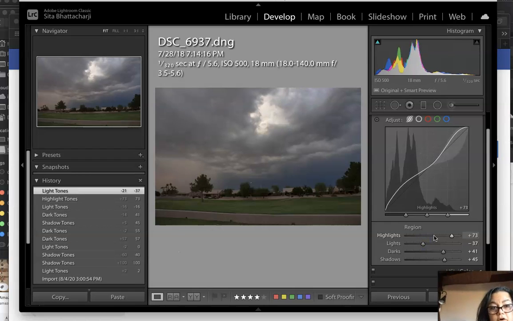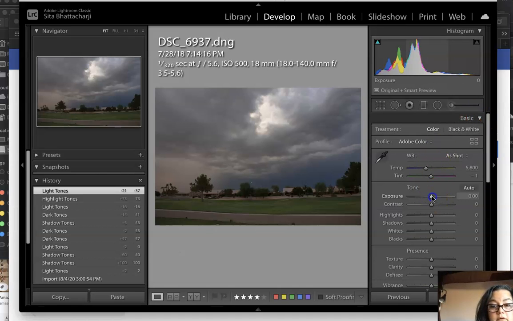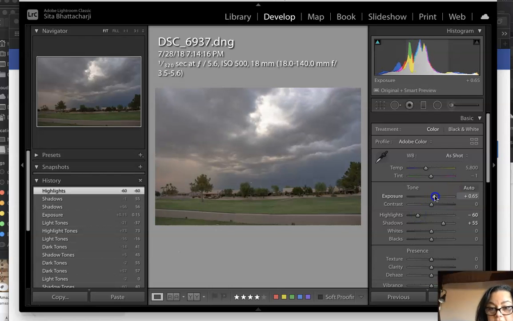This doesn't adjust the overall bright and dark. That is, it's not changing the overall exposure, just certain areas. And again, you can work either with the tone curve or with the sliders to adjust the areas. To adjust the overall exposure, you want to do that in the Basic area with the exposure slider, like so. And here as well, you can open up the shadows, bring down highlights. So there are different ways of adjusting areas in the image. Okay,